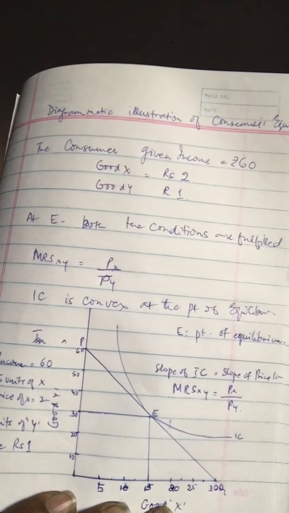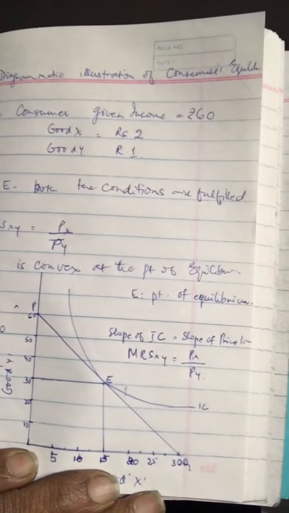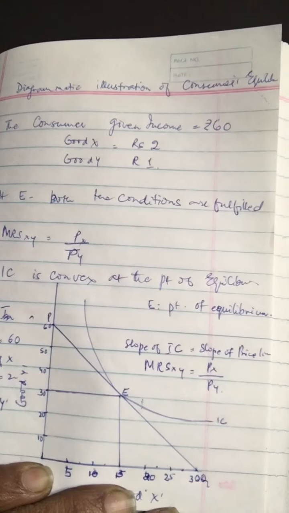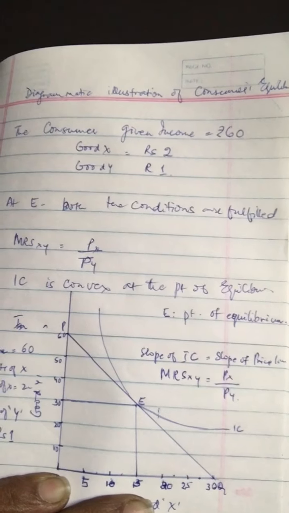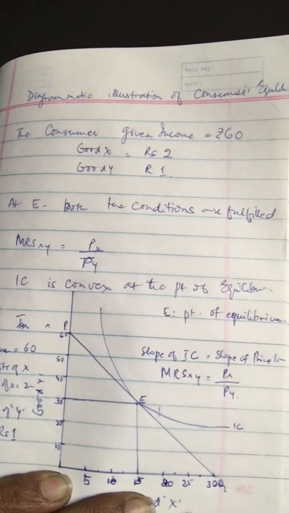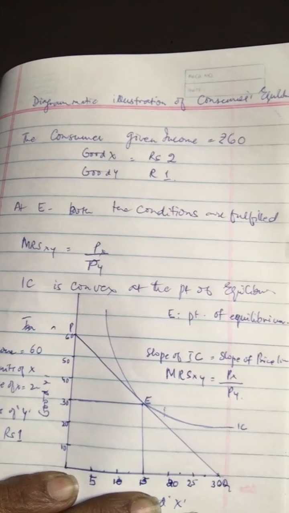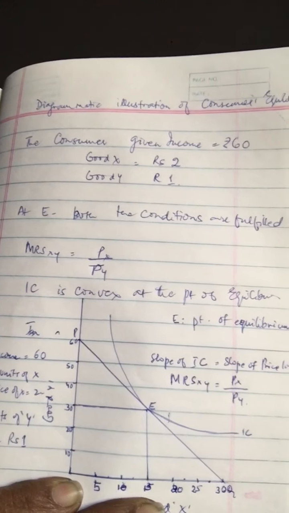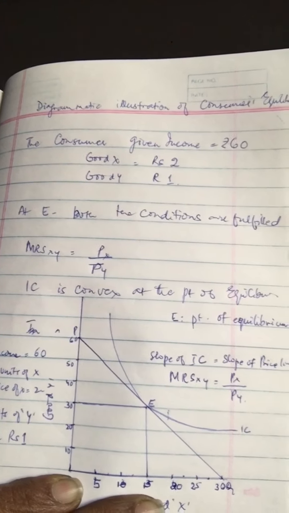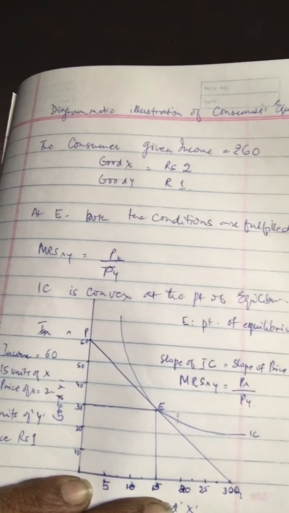Now PQ is the budget line. So PQ is the budget line, as you see, the straight line. It sets a budget constraint for the consumer. That means the consumer cannot go beyond this line given his income of rupees 60. And the price of good X is rupees 2 per unit and good Y is rupees 1 per unit. So the budget line also reflects how much of good Y is to be sacrificed for an additional unit of good X given the prices of X and Y.